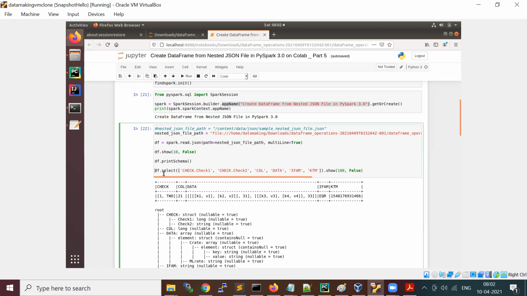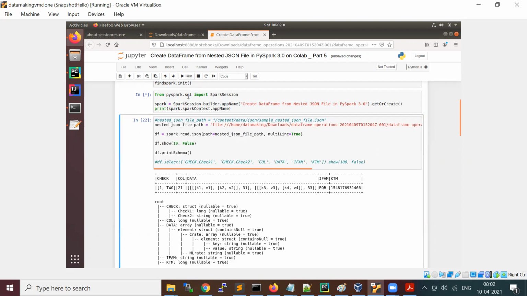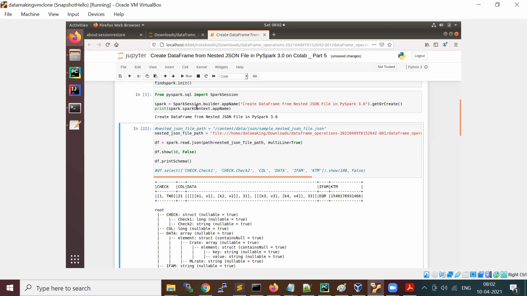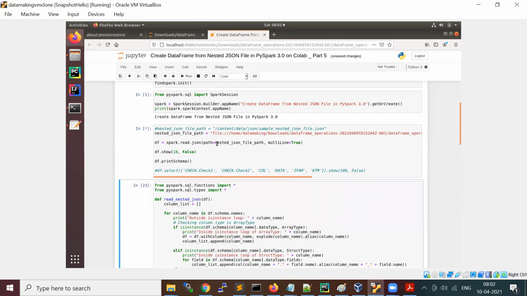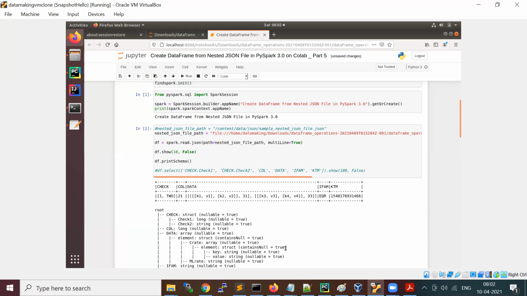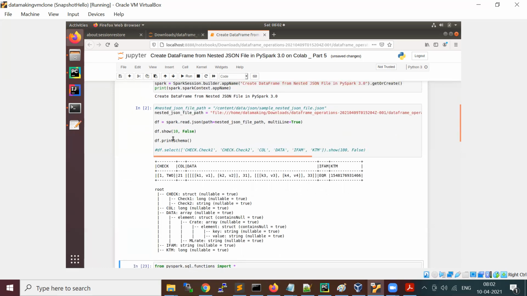Okay, so first I will comment out this and run this. First we will create a Spark session object. And now I am going to run this to create a data frame from the JSON file. And if you look here, it is actually having only one